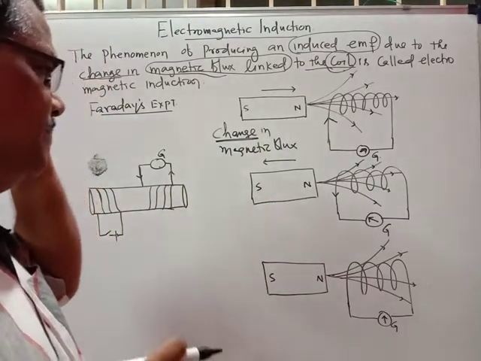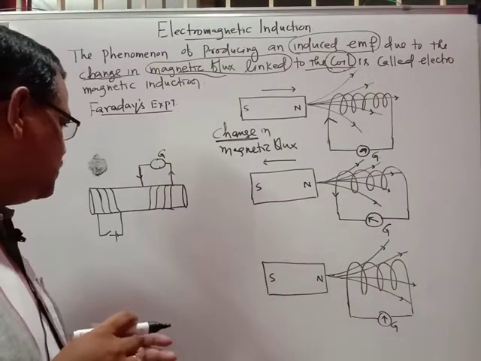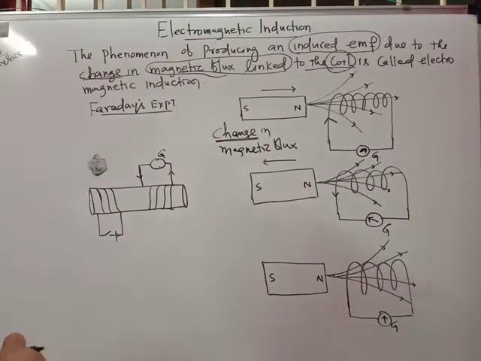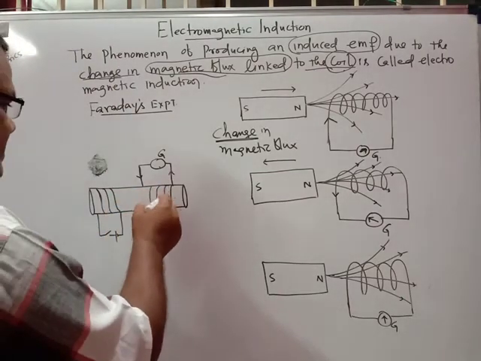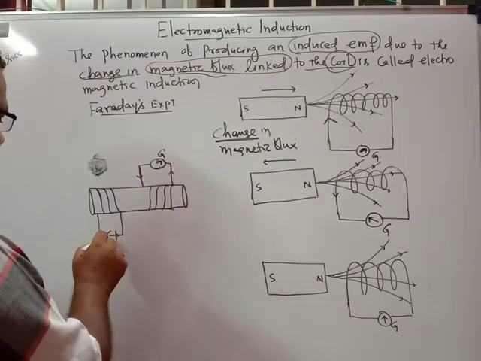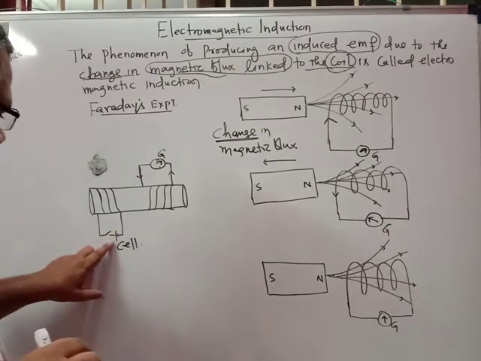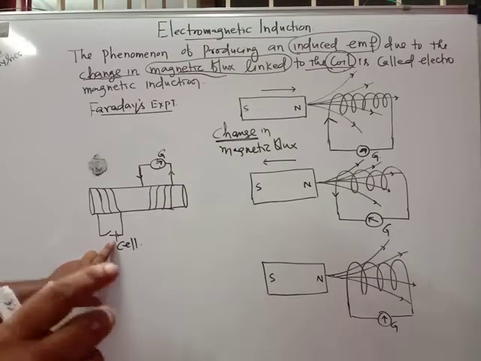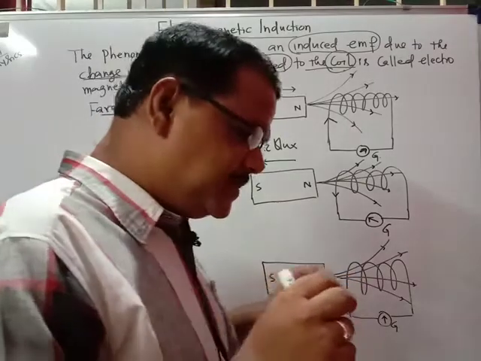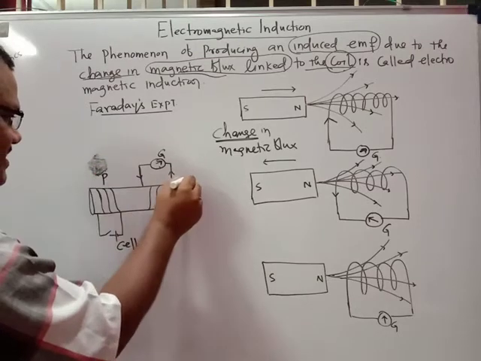In the other way also, when current passes through a conductor, a magnetic field is created. Here we have kept two coils. In one coil, the galvanometer is connected, and in the other a battery cell is connected. The cell is switched off and on. When you switch on, current passes through the primary coil. This is the primary coil, and that is the secondary one.